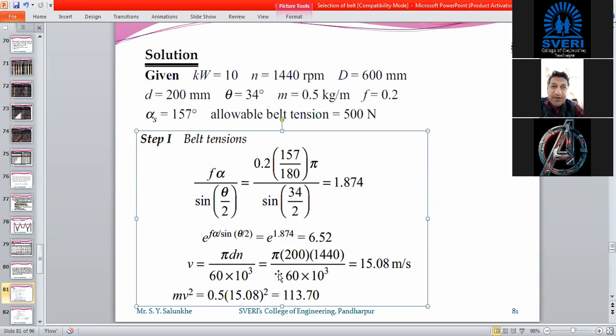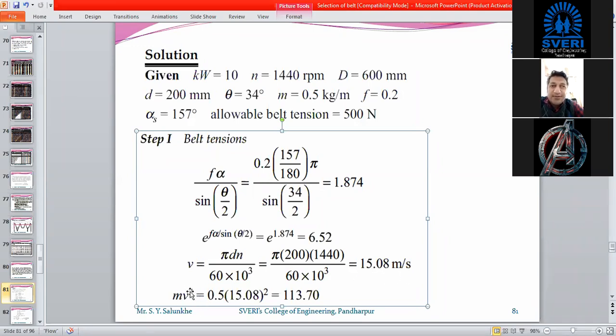Hence, we can calculate the V, that is nothing but the linear velocity of that belt, by our conventional formulas which we are going to use. Pi small d into RPM of smaller pulley or driver pulley, and we are getting this speed as 15.08 meter per second.